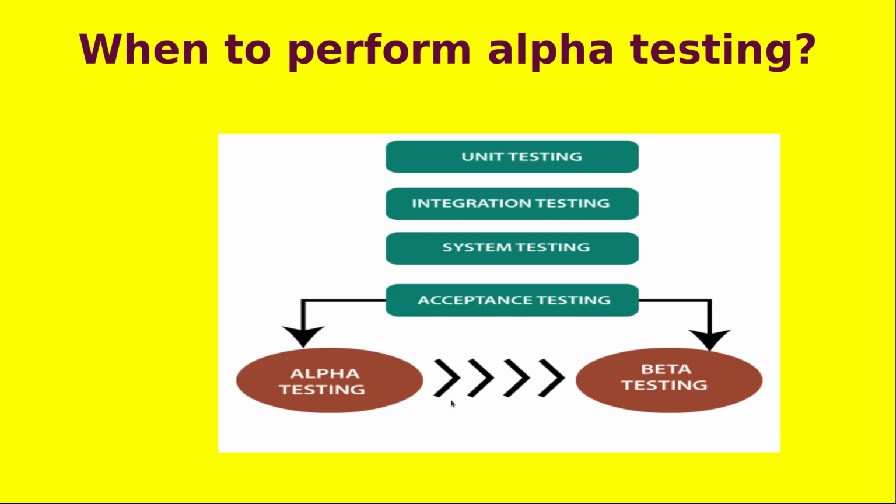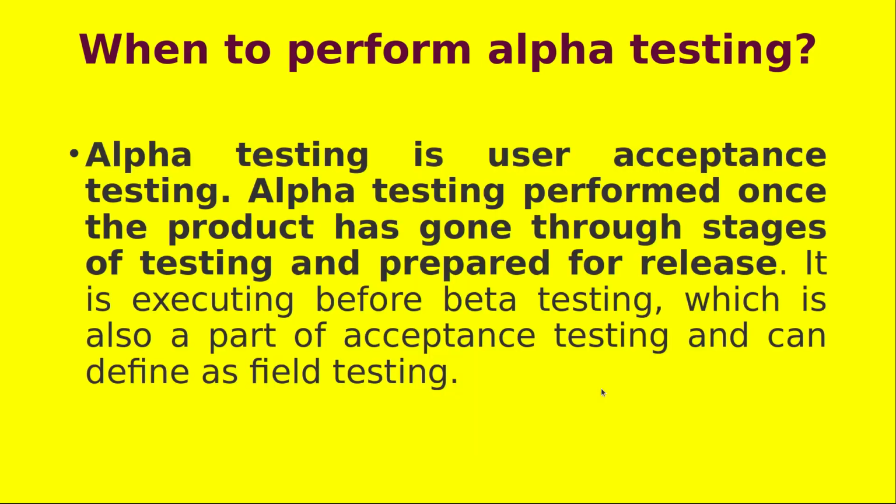What is the difference between alpha testing and beta testing? Alpha testing happens at the developer side, but beta testing happens at the customer side. That is the major difference between alpha testing and beta testing. Okay, so